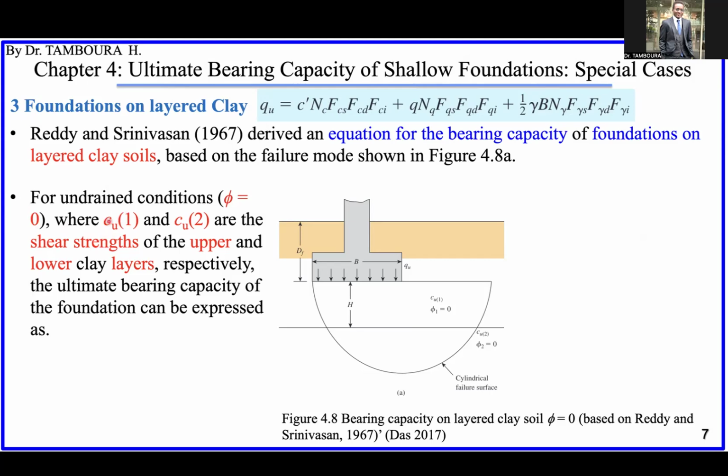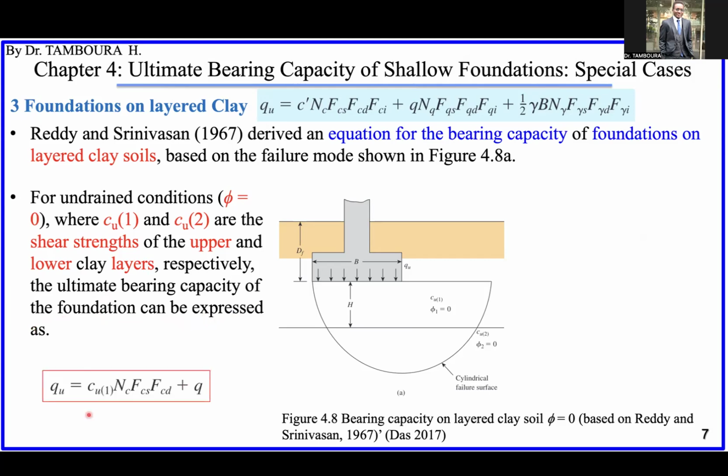Cu1 is the undrained shear strength of the upper layer, and Cu2 is the undrained shear strength of the bottom layer. These are the shear strengths for the upper and the lower clay layer, respectively. The ultimate bearing capacity of this foundation can be expressed